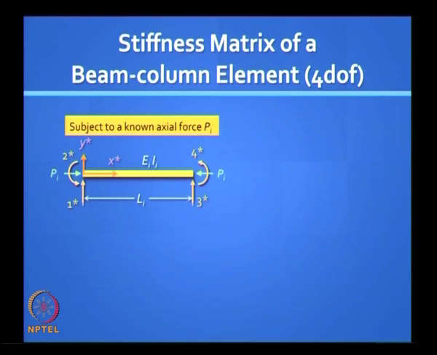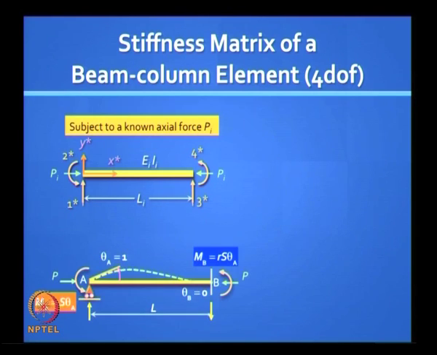So if you are using a beam element, which will now be called a beam column element, because we are going to consider the interaction between the axial force and the bending and shear forces and their effects. So it is more appropriately called a beam column element, and so we are switching over from the beam element to the beam column element, with the difference that we now have an axial force Pi whose value is known. Okay, Pi is known in advance.